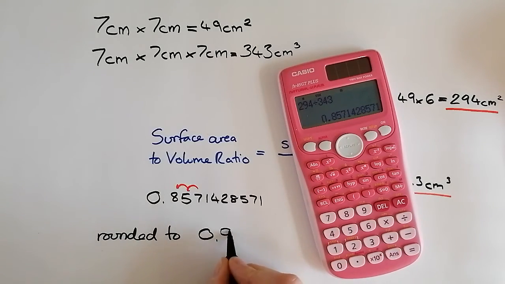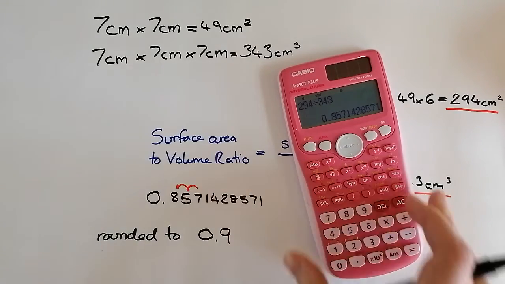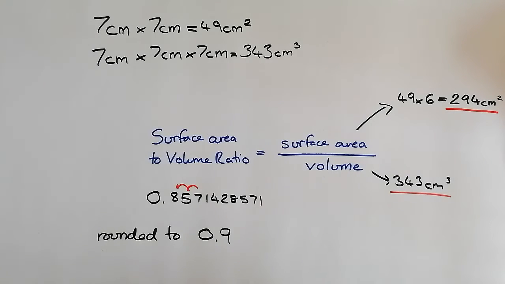So rounded to 0.9. And that is the number that we need. It's a ratio, so 0.9 to 1, because it's a ratio. And again, using the pretty pen, 0.9 to 1. And this is the surface area to volume ratio for this particular